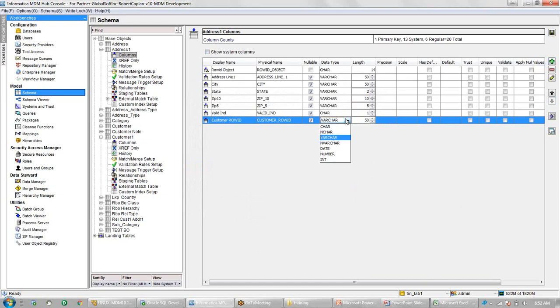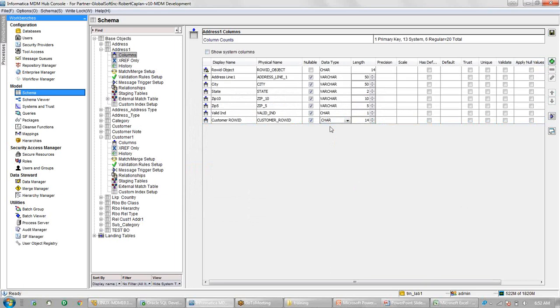And what is the size I have to give here? The size of this column, the foreign key, is character 14. This is important. Why? Because I am going to map it with the ROID object of the parent table, and the ROID object size is always character 14. So whenever we are creating a foreign key column, we should ensure that the size of that column is character 14. By default, whenever we select character, it is 14 only. If you want to change it, we can change it for any other column. But for this foreign key column, we should always use character 14.